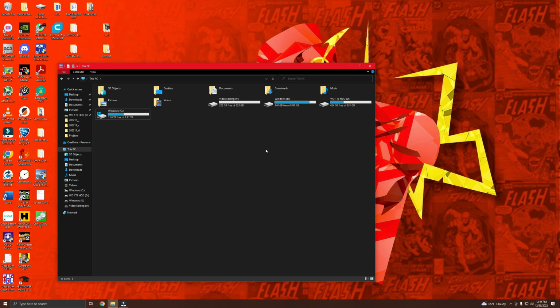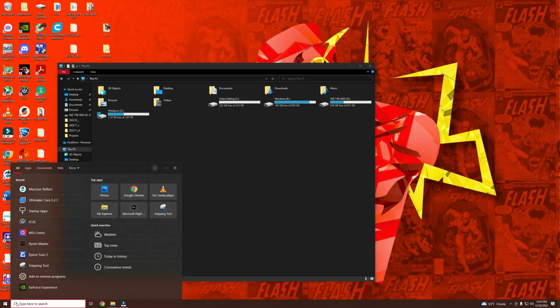So the next thing we're going to do is figure out what we're going to do with our drive. If you wanted to leave it as a redundant system, you can leave it as a redundancy in case something happens here. I'm going to take the risk. I'm going to go ahead and delete everything off of this one and then just save it as extra space. So the way we do that is we're going to go down to the search bar here,